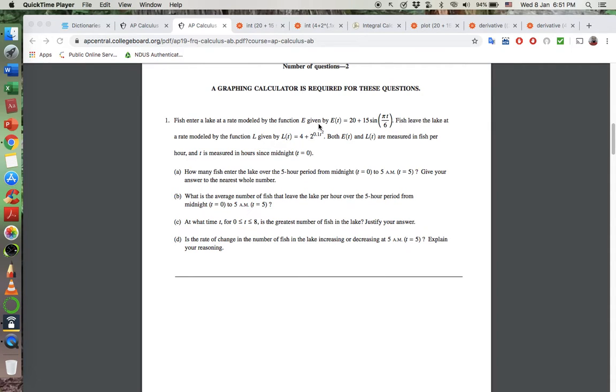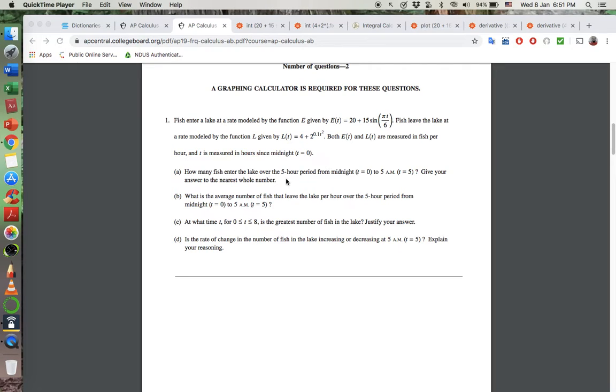I don't know, are they dying? Are they entering by stream? I suppose if t is in hours and we're starting at midnight, then they're not dying at that rate, so they're entering and leaving by a stream or something like that. So leaving is L of t, and we're starting with 4 plus 2 to the 0.1 t